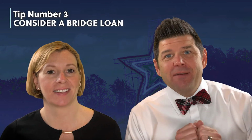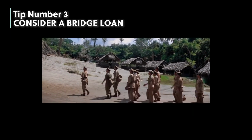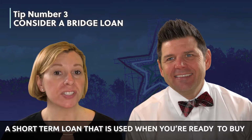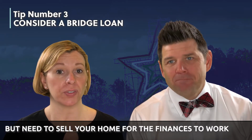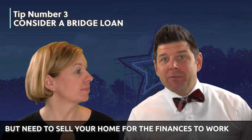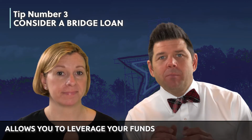So tip number 3 is to consider a bridge loan. A bridge loan is a short-term loan that can be used when you are ready to purchase a home, but you don't quite have the finances without selling your home first. What you'll be able to do is leverage those funds in the bridge loan to put you in a good position to basically...